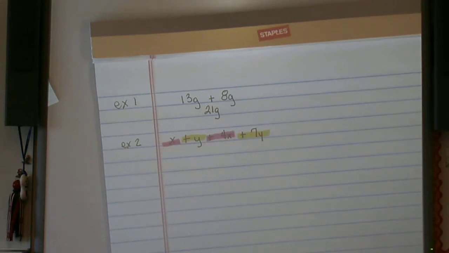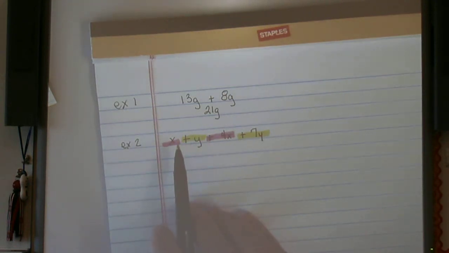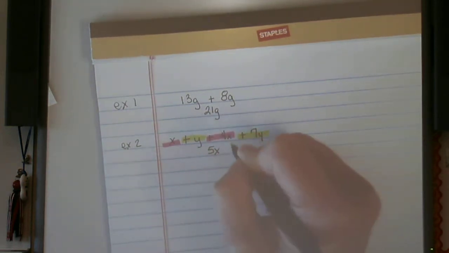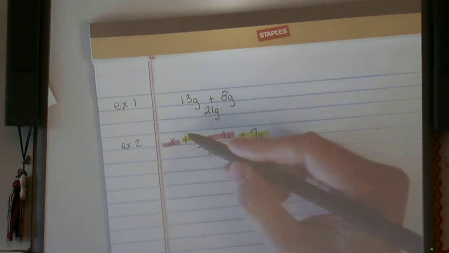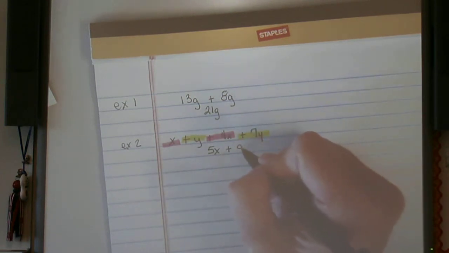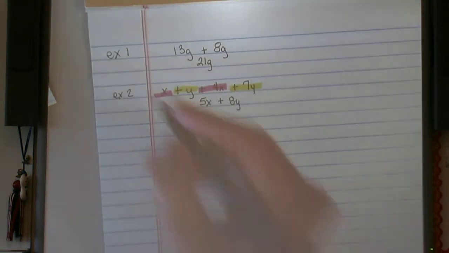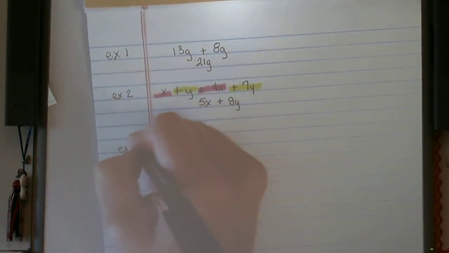So I'm simply going to do the operation addition that's being shown with each term. So x plus 4x is 5x plus y plus 7y is 8y. All right, and the third example,